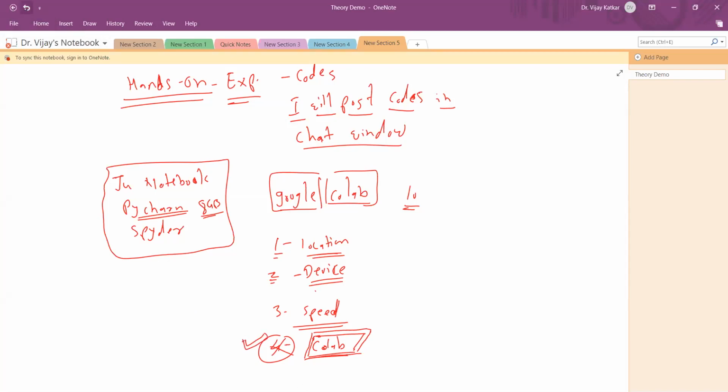How many of you are familiar with Colab, that already worked with Colab? Is there anyone that in the past you have used Colab?